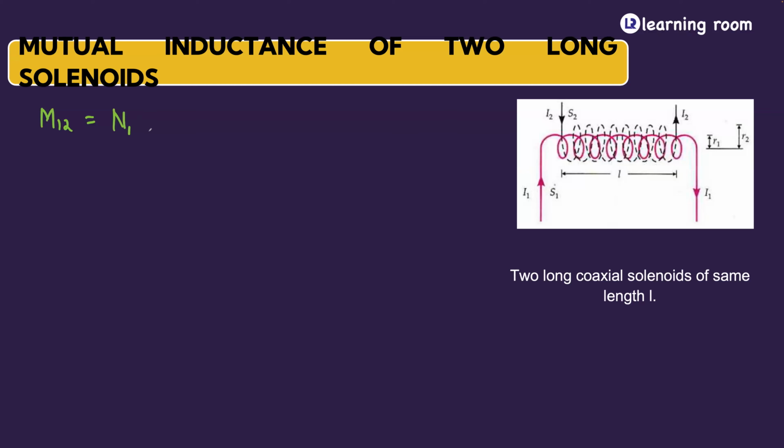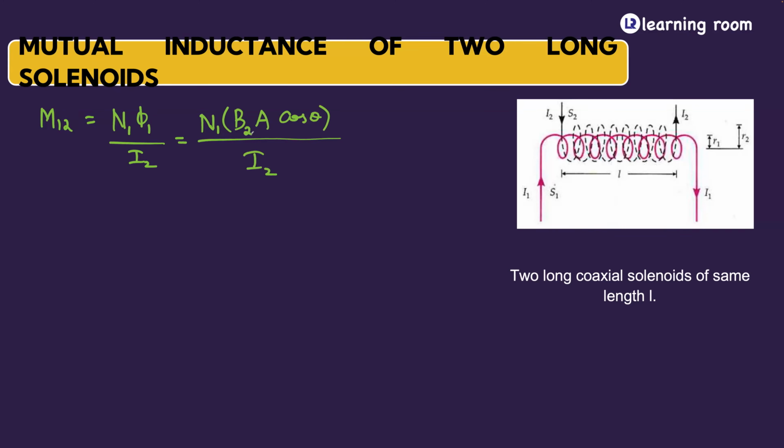Mathematically, it should be N1 phi1 divided by I2, right? So what is N1? Leave it as it is, N1 only. So what is the flux associated with the first coil? It is going to be B A cos theta, the whole divided by I2, right? So this is the only line we need to be careful with. Now the magnetic field is produced due to which coil? The denominator will tell you the answer. I2 is the current flowing through the second coil.